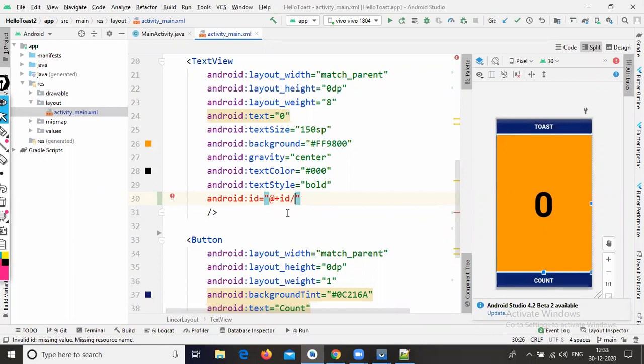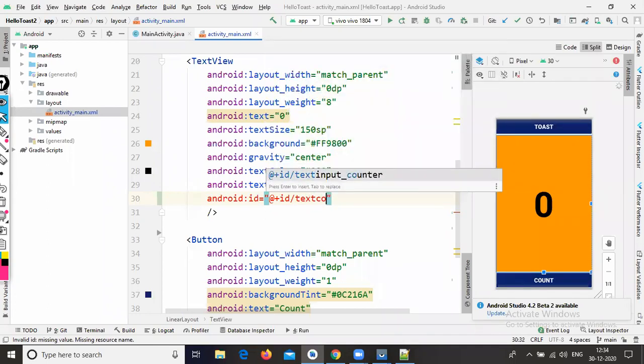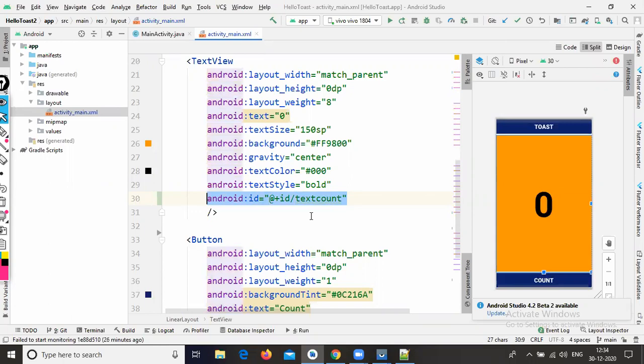You can write any name, but you should remember whatever ID you have given. Here I am writing text count. Here my ID name is text count.